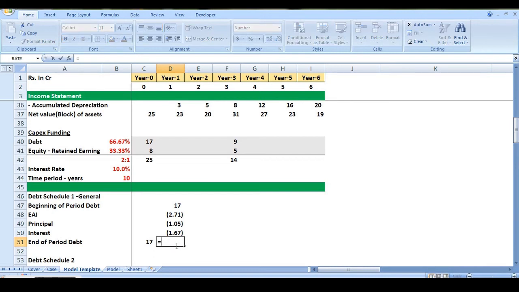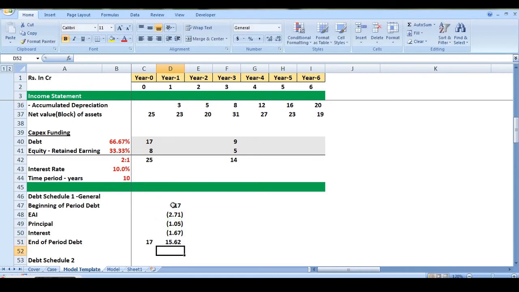Now, when we say beginning of period debt or end of period debt, we mean the principal component of it only and not the interest component of it. So, the principal component of it is equal to beginning of period balance minus principal paid. But here I see this already has a negative sign. So, to give the appropriate effect to this negative sign, instead of deducting, I add the principal here because it is already in negative sign, which gives me my end of period balance.